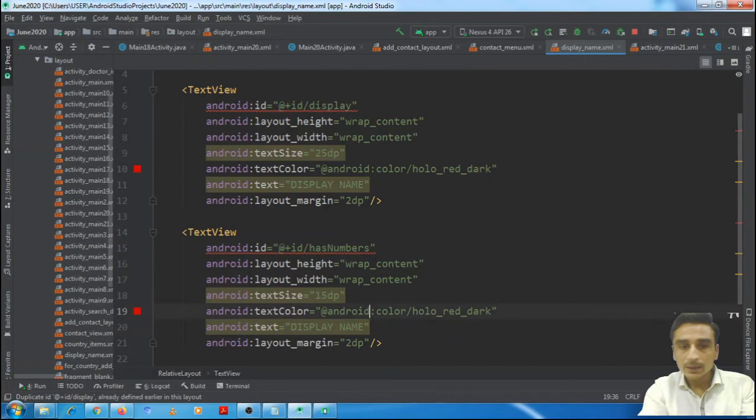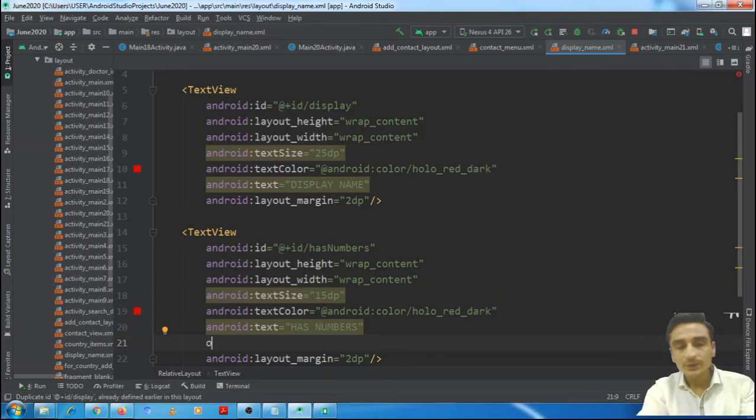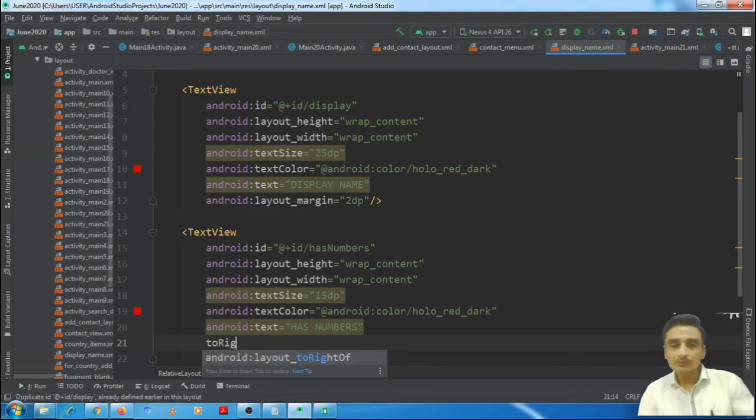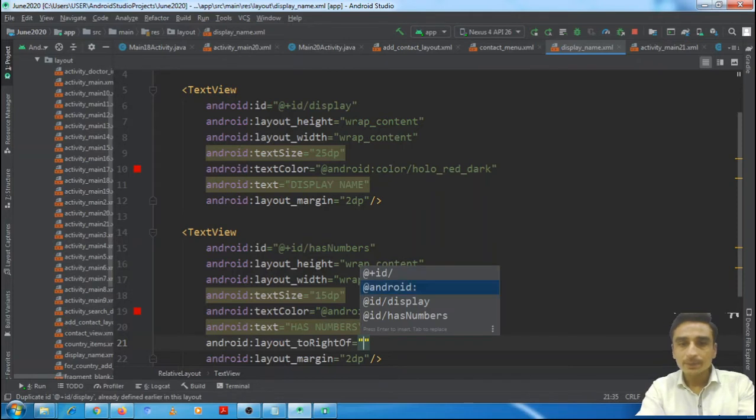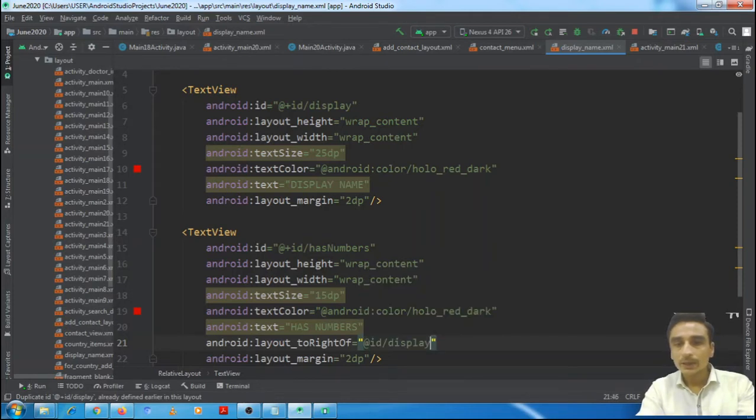It will be on the right side of the display. No need to align it also.